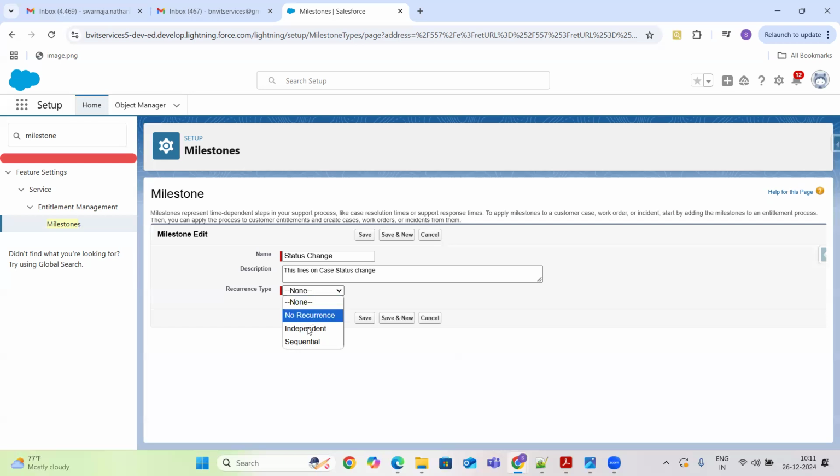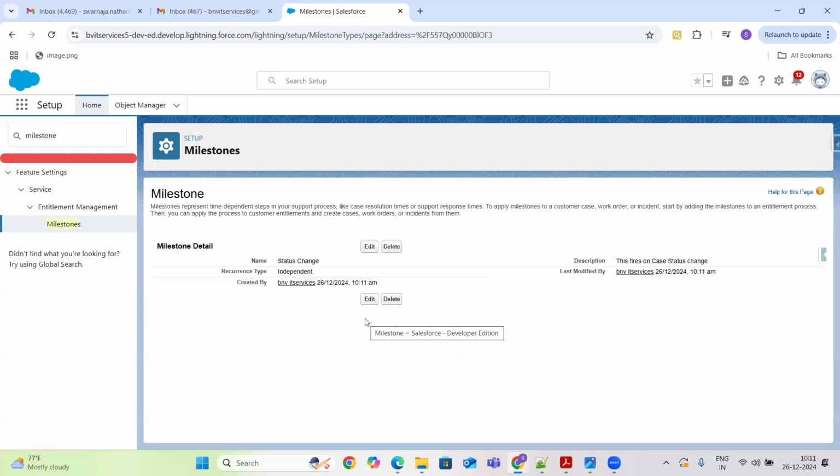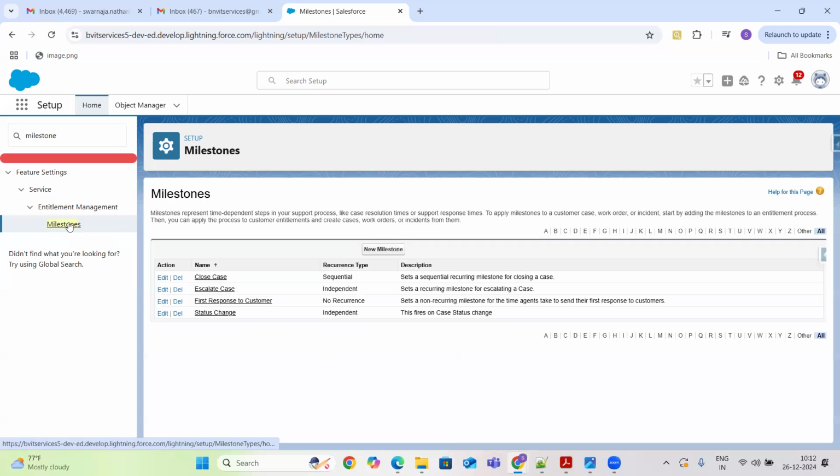I'm just right now making it an independent milestone. My milestone is study. This is how I created one of my custom milestones, and already I have 4 normal milestones which came as part of my standard org creation, right? So setting up the milestone is easy, right?